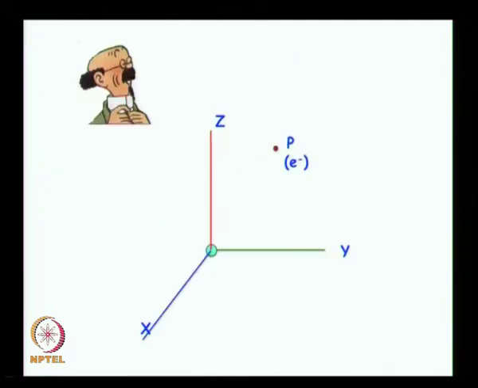So, how do I define polar coordinates? Well, before I define polar coordinates, let me just remind you what is meant by Cartesian coordinates. Imagine that you have the electron sitting there, and the nucleus is at the origin, and the electron has the coordinates x, y, and z.